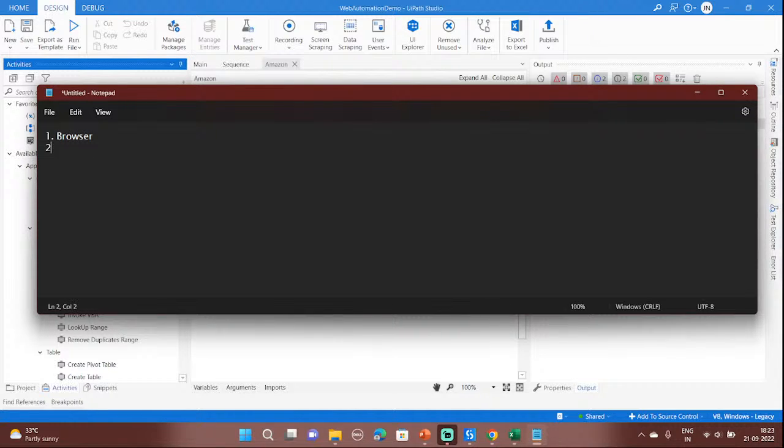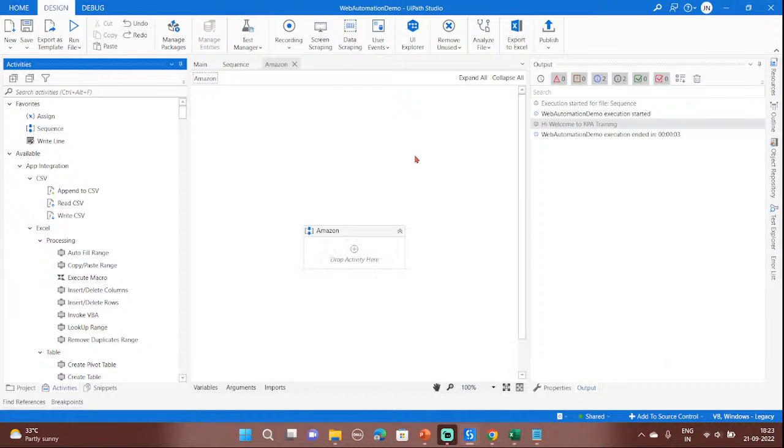The second part is navigation. The third part is data extraction. The fourth part is close. So these are the four steps that we have to factor into the entire development. First, we have to configure the browser. You can use Google Chrome, Safari, or some other browser to configure. UiPath is a Windows-based application, so you can configure Firefox, Chrome, or any